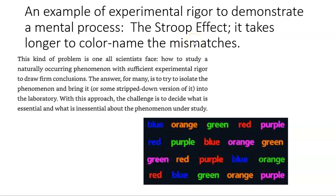Your author mentions experimental rigor to demonstrate a mental process. Let me read this paragraph that she wrote. This kind of problem is one all scientists face: how to study a naturally occurring phenomenon with sufficient experimental rigor to draw conclusions. The answer is to try to isolate the phenomenon and bring it, or some version of it, into the lab. And with this approach, the challenge is to decide what's essential and what's inessential about the phenomenon